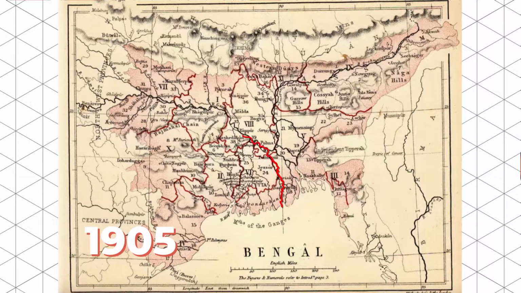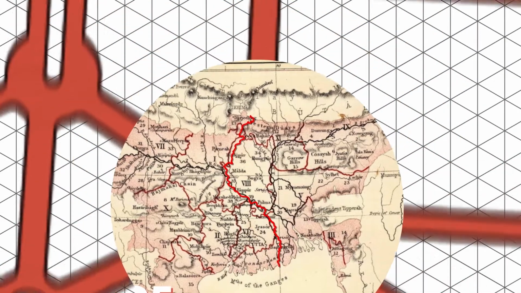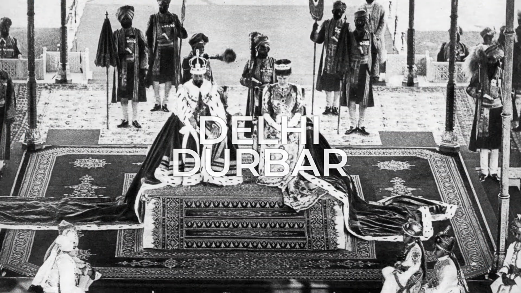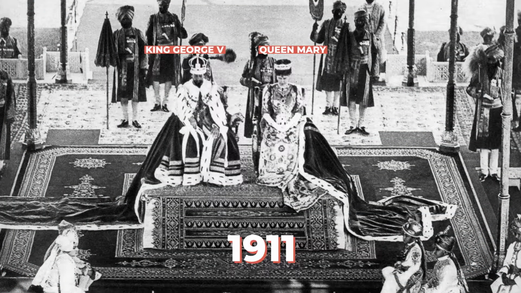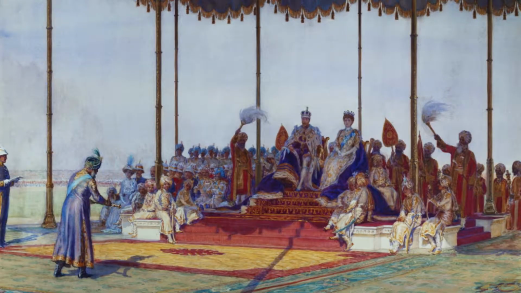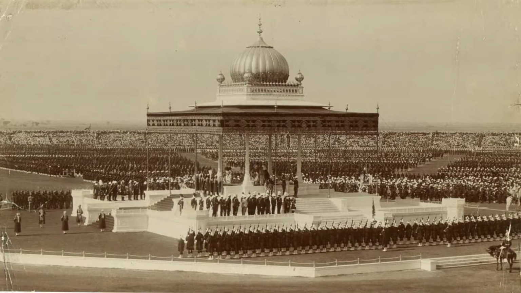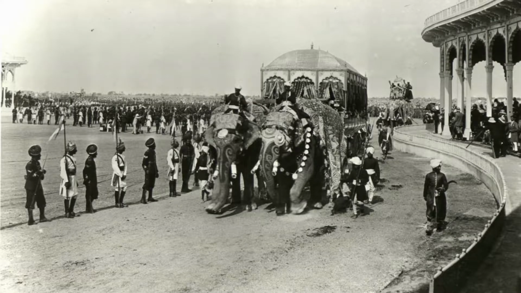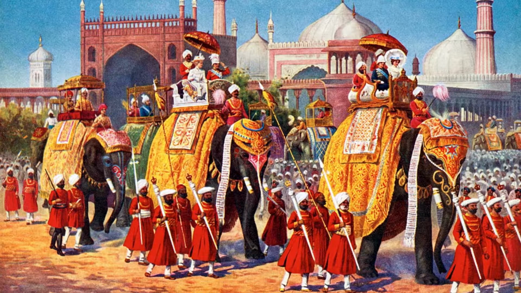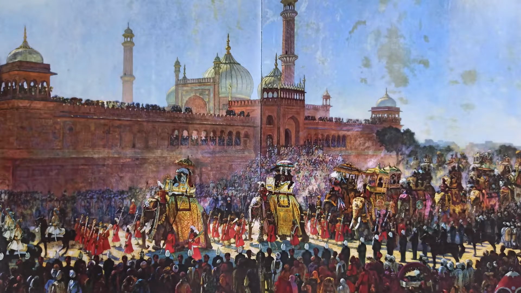But after the controversial division of Bengal in 1905, it was decided to shift the capital. On 12th of December 1911, King George V of Britain declared and laid the foundation of New Delhi at the event of Delhi Darbar. He wanted to establish himself as the Emperor of the Imperial Colony of India and Delhi as its